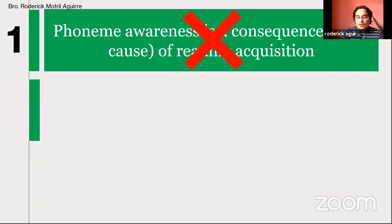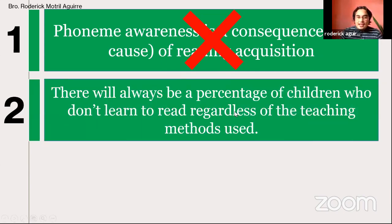Statement number 2. There will always be a percentage of children who don't learn to read regardless of the teaching methods used. A lot of teachers would tell me before that, sir, nagawa ko na pong lahat. Talagang normal lang po talaga na mayroong 1 hanggang 5 mga estudyante or minsan 10 na mga estudyante na hindi matututo ng pagbasa dahil nga sa daming estudyante na hawak ko, o tsaka hindi naman po lahat ng estudyante ay